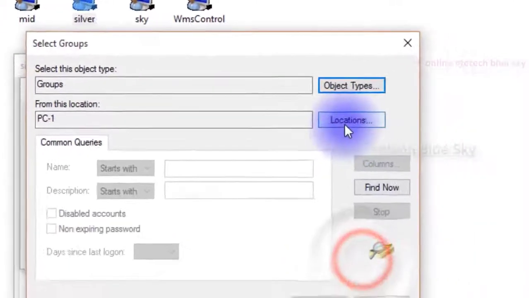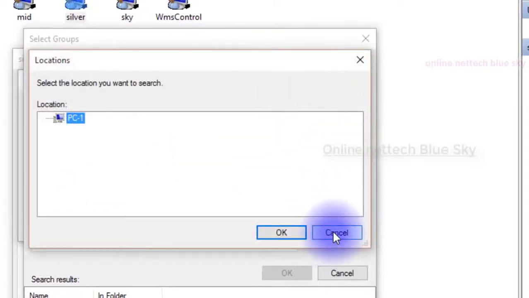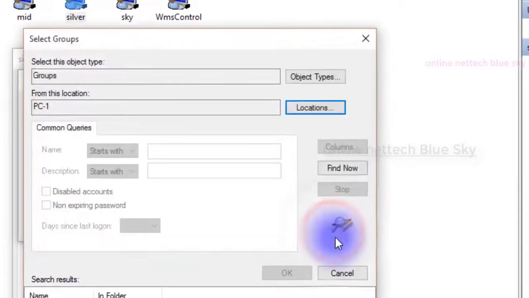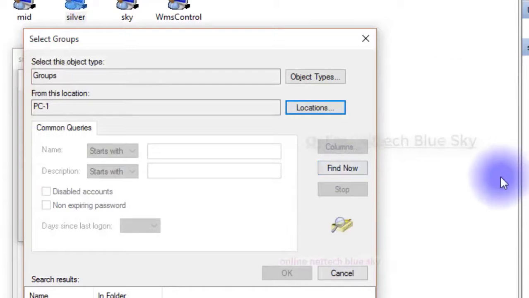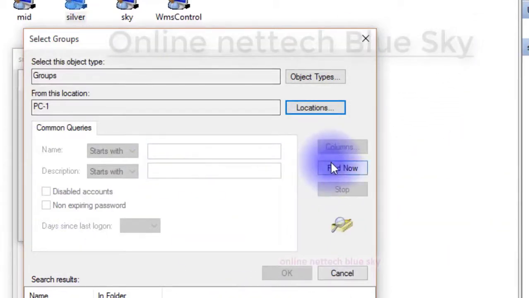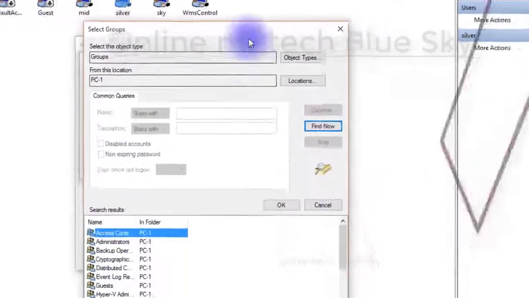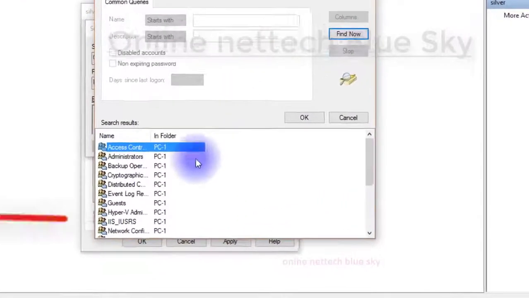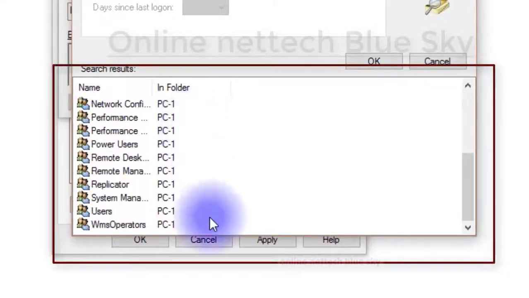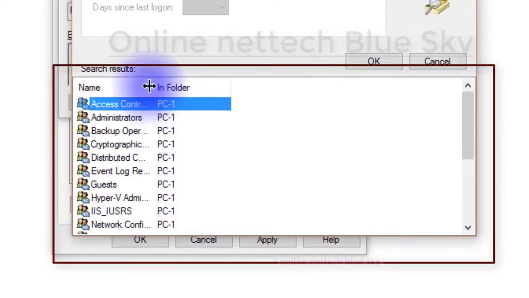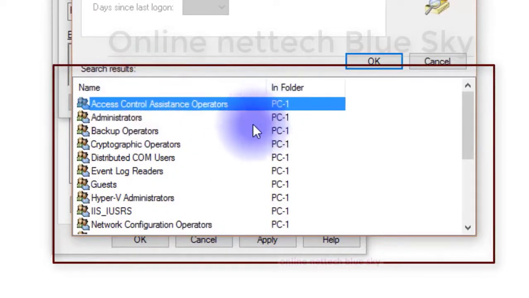So you can create a changing group and set a group. I don't like this changing group, but I'm showing just my aim only: how can we change a local account to a main user account. So local to administrator account, click on Find Now, and Find Now.